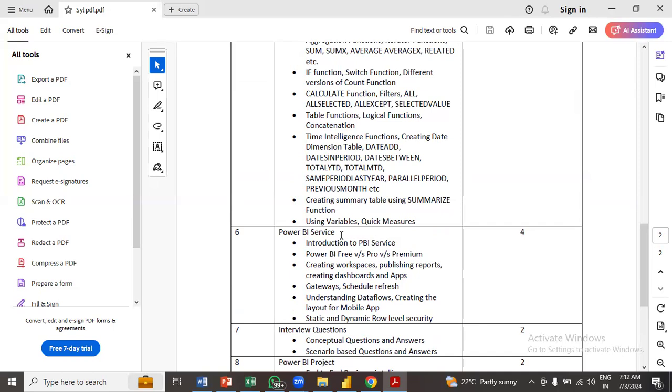So after the DAX part, we will discuss the Power BI service. Basically, Power BI service is the cloud component of Power BI, where we publish and share our work with the colleagues from our organization. Okay, so here we'll be discussing the introduction to Power BI service. What are the different licensing options available in Power BI service, namely Power BI free versus pro versus premium, and what are the different user access levels, that is the admin access, member access, then the contributor access, and what is the viewer access,